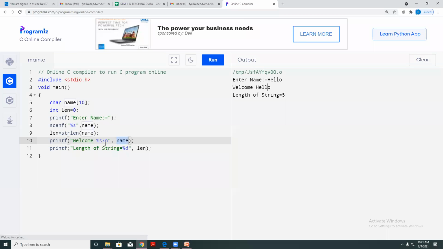Hello. Yes, sir. Okay, now here what I will do, I will make some change in the message. Length of the string, instead of string, okay, length of the string %s. ओके, स्ट्रिंग काय आहे ते मी ब्रॅकेट मध्ये डिस्प्ले करतो, is equal to %d. ओके, so what is %s? Percentage s is the value in the name.